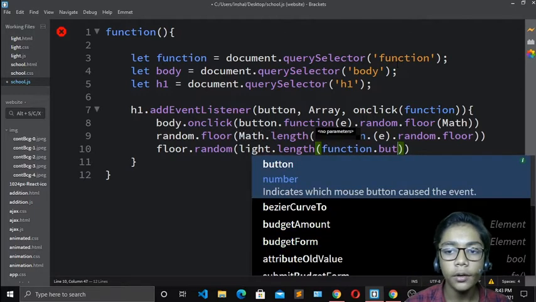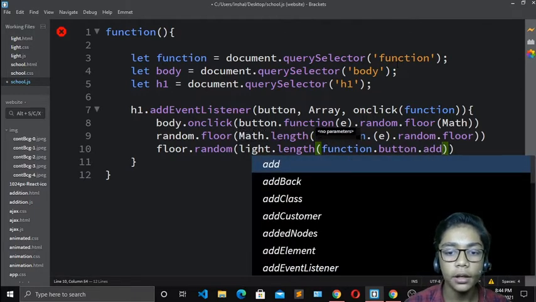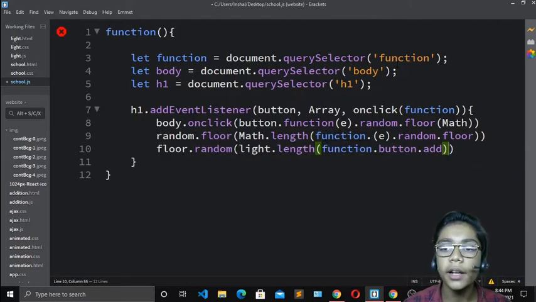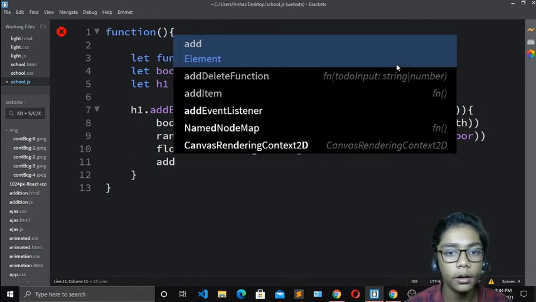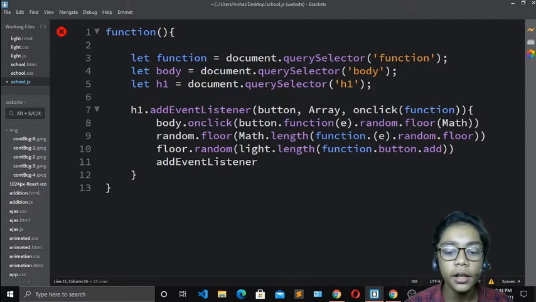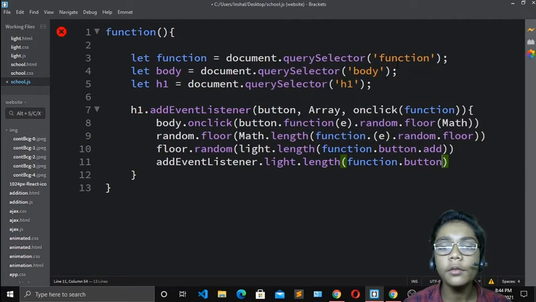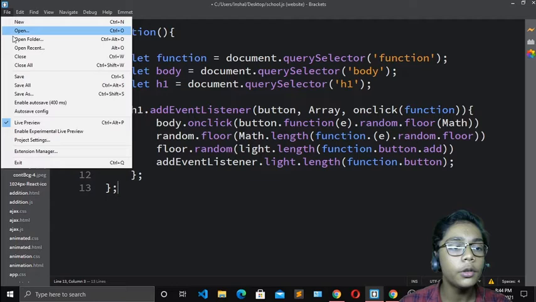Then write addEventListener again. Now erase that and only write add, because now it is not any of the space over here, so I will write addEventListener. Then write dot light function, and with that I will add the length function, now write dot button. Now when you've done that, close that, and hit save.